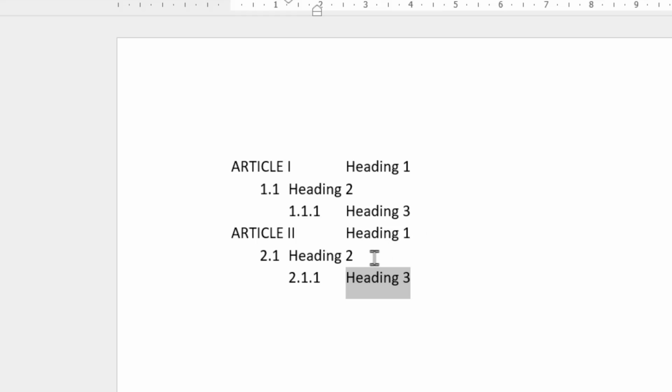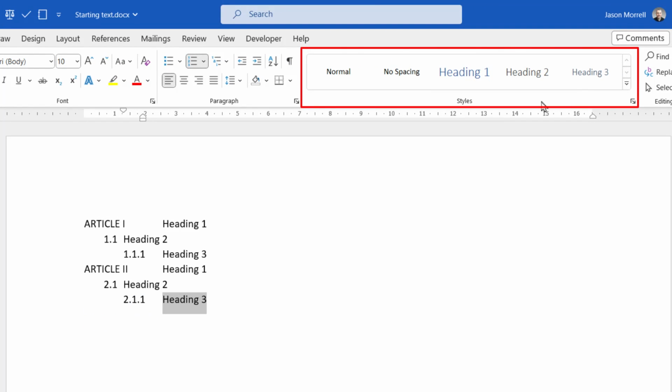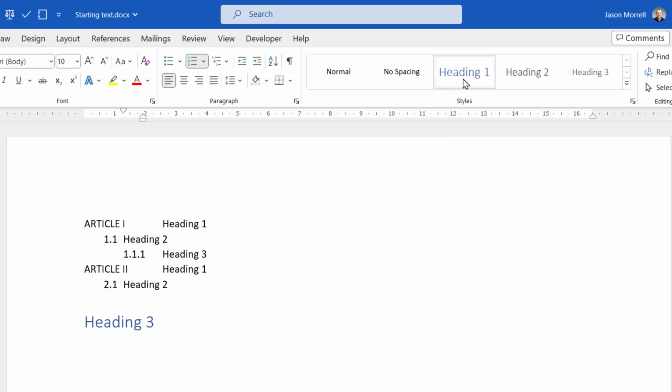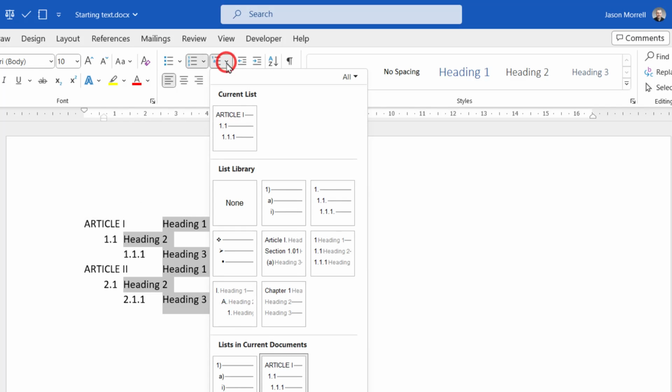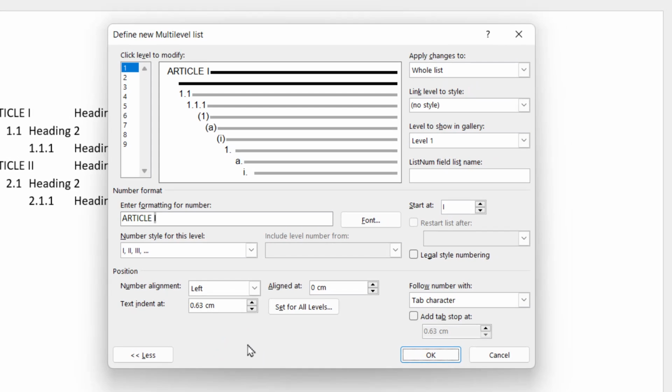Now before we go messing with positioning, if you plan to use styles to control your numbering, which I highly recommend, then it's a good idea to link them first, set the styles for the numbering, and then look to see what sort of spacing you need at the end. So let's very quickly go through that process. So I'm just going to reselect all these numbers again. You don't necessarily have to, but then when you click the multi-level numbering, define new multi-level list, it brings up the settings we just set before, and we can modify these.